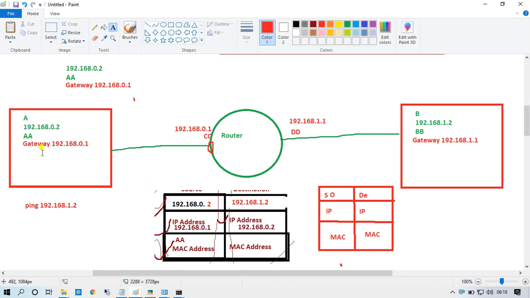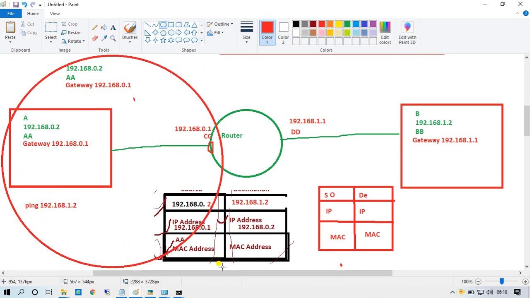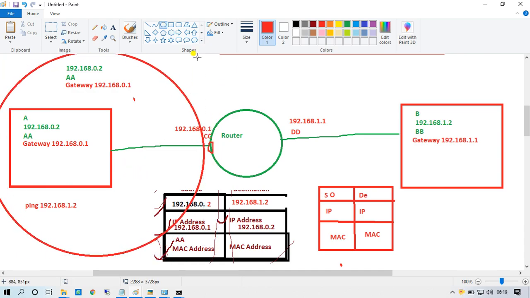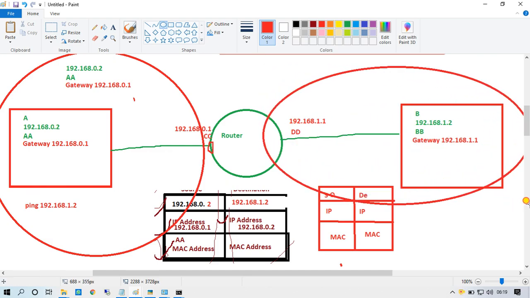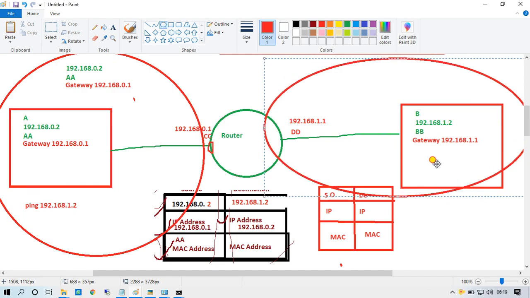Now it gets information about its side, assume that it is our red side, and it is our blue side.